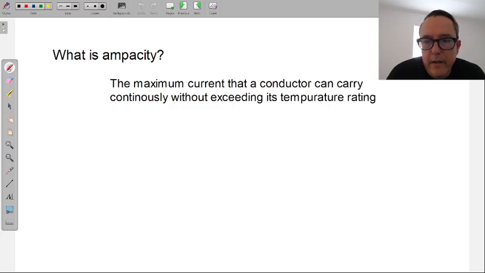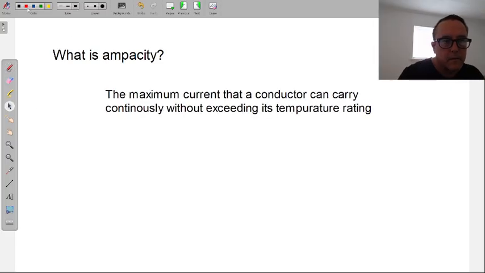A few things that we know or expect when we say ampacity. We're talking about the maximum amount of amperage, the maximum current that a conductor can carry. The other thing is continuously.